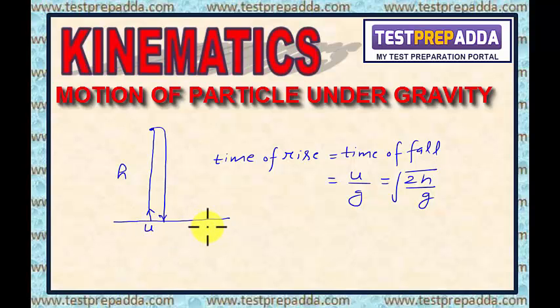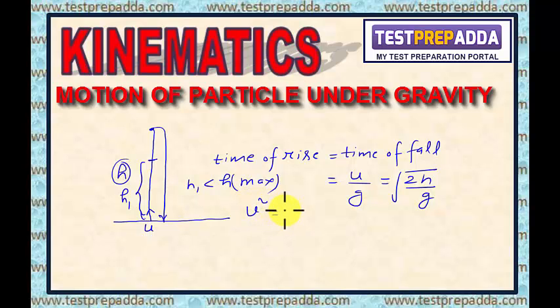Now in this motion, if I try to find the velocity of the object at height h1, let us say this height h1, this h1 is less than h, and that is h as maximum height. This is the maximum height. So for this, if I use